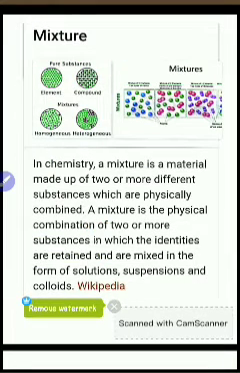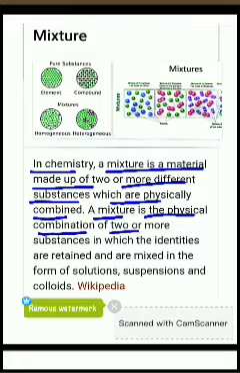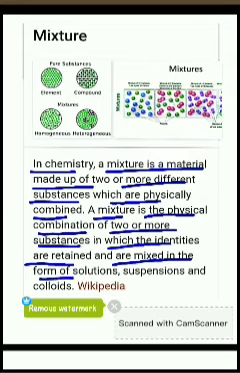We will discuss about mixture. What is mixture? In chemistry, a mixture is a material made up of two or more different substances which are physically combined. A mixture is the physical combination of two or more substances in which the identities are retained and are mixed in the form of solution,